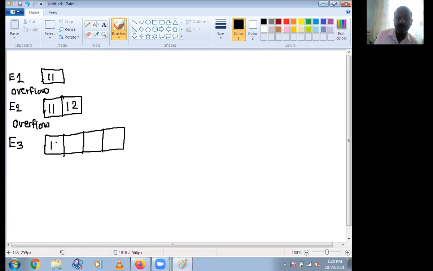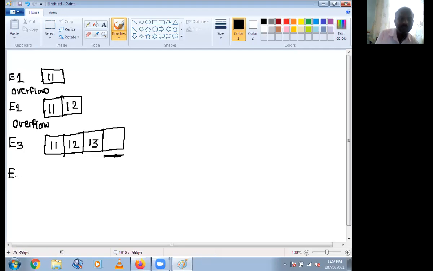So 11, 12, and suppose I want to insert the third element 13. Now at this stage, this space becomes available, or this is empty. This space is available for inserting the next variable.